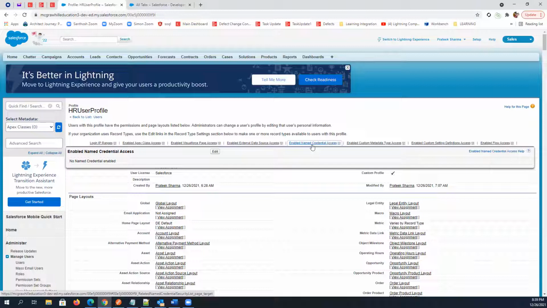Guys, I'm repeating my scenario: I have 10 users and all these 10 users have the same profile, right? So what will happen? All these 10 users will have the same access in the software, right? Yes, sir. Because they have the same profile.